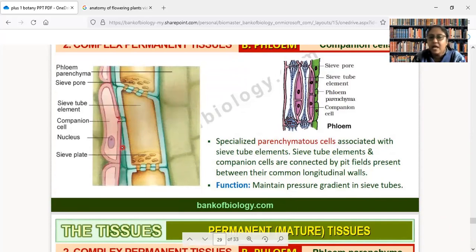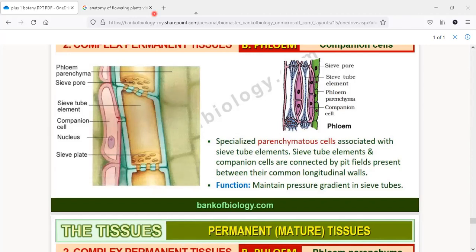Now I wish to ask you one question. Why sieve tubes? It is preferred in the case of sieve tubes that they do not have a nucleus. Why is this required? They could have had a nucleus. Then what was the problem, why do they need to depend on the companion cell? Ma'am, it will occupy space for food transportation. Very good, beta. It will block the passage, no? It will block the passage.